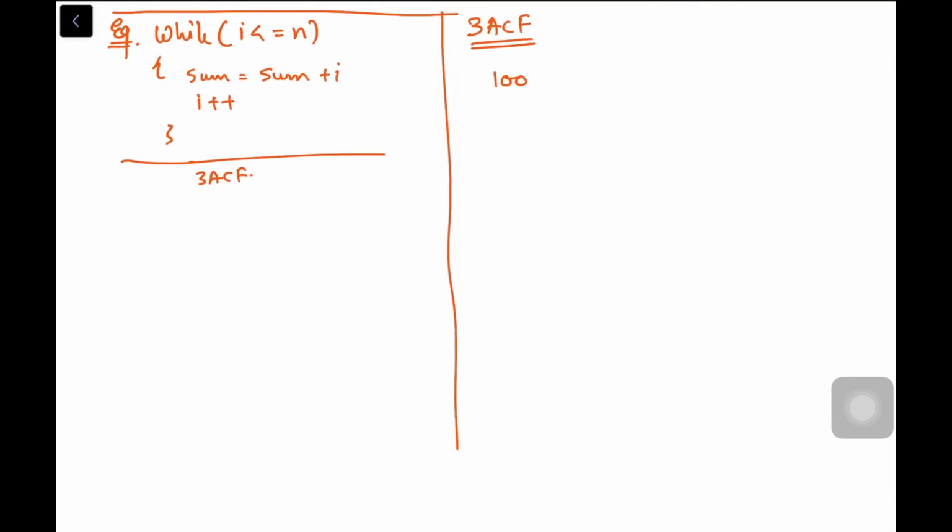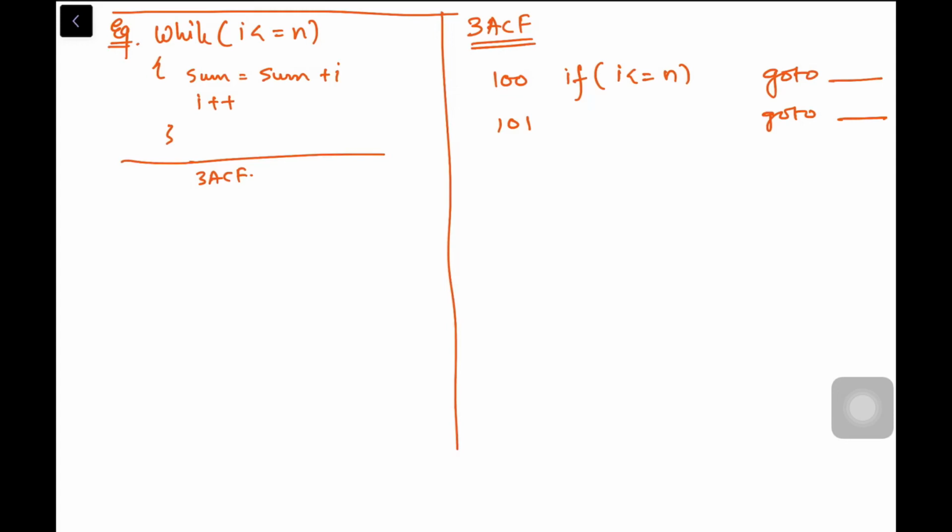While is checking some condition, so it will be similar to if condition. If I is less than n, if this condition is true, go to some statement. If it is false, go to some statement, because it is a condition that we are going to check, and that condition will run in a loop, so it is a while loop for some condition.